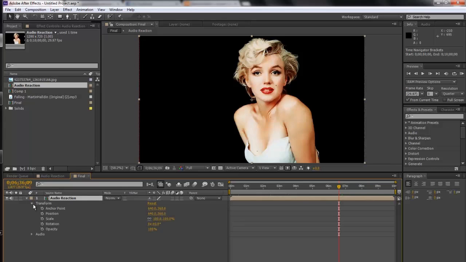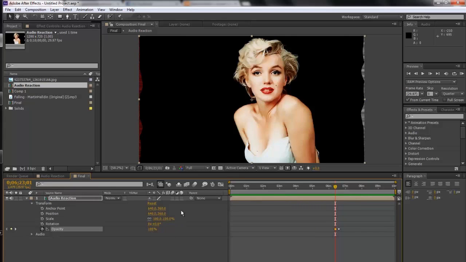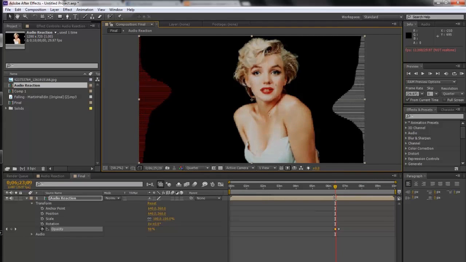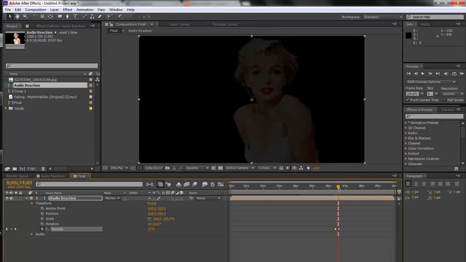We're going to go to transform, and we're going to click this little clock on opacity. We're going to make it 0. Now we're going to move our cursor a little bit to the left and make our opacity 100. And what that does is when you play it through, it will begin to fade the whole thing out. Slowly, because my ramp sucks, but yes, it does fade out